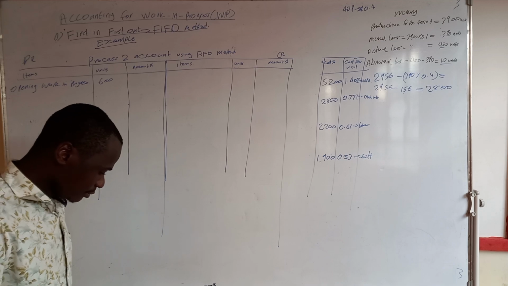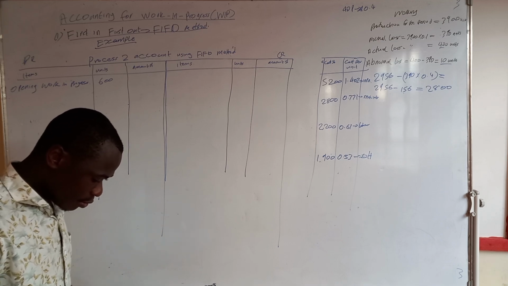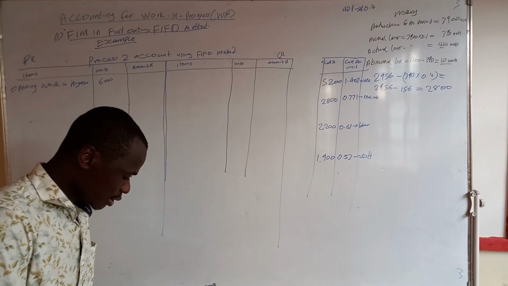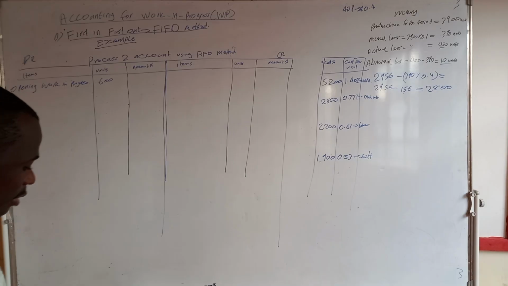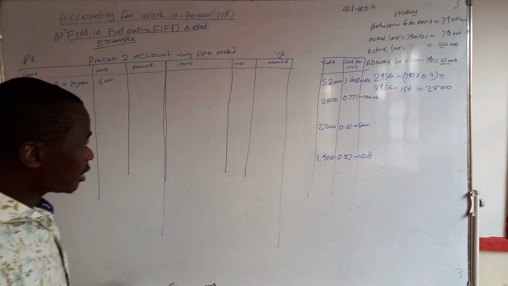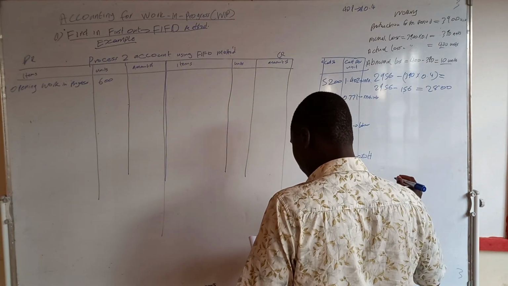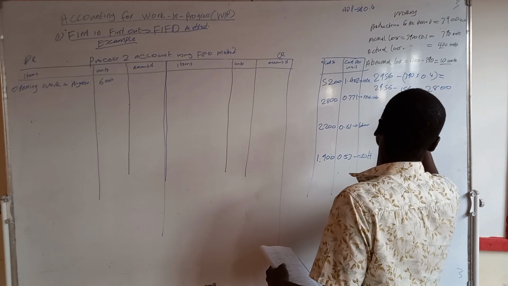Opening work in progress, value at. We have input material. We have material produced. So, we calculate this. Go back to working. Input materials. We are being told to do